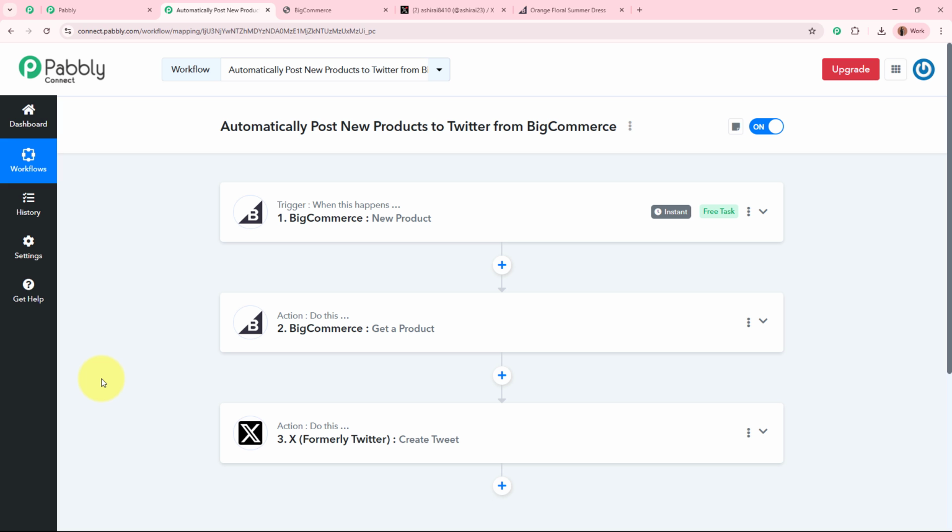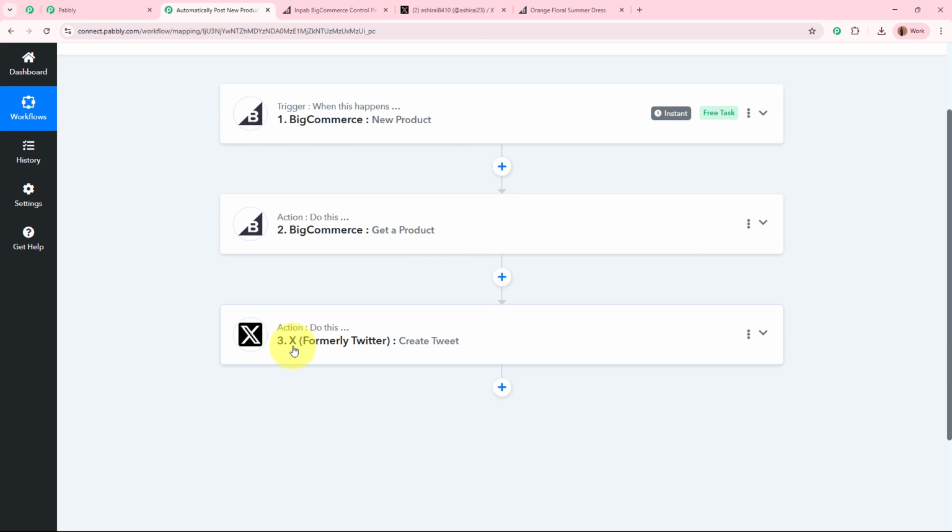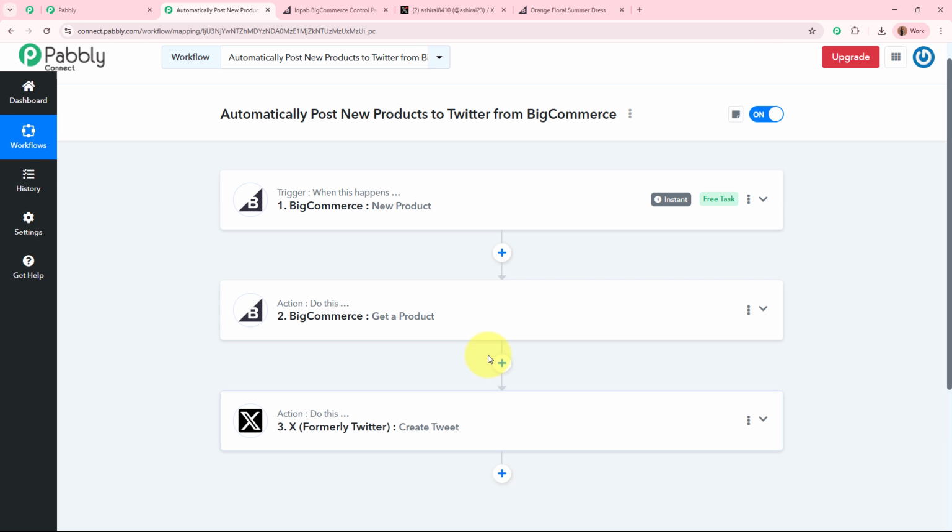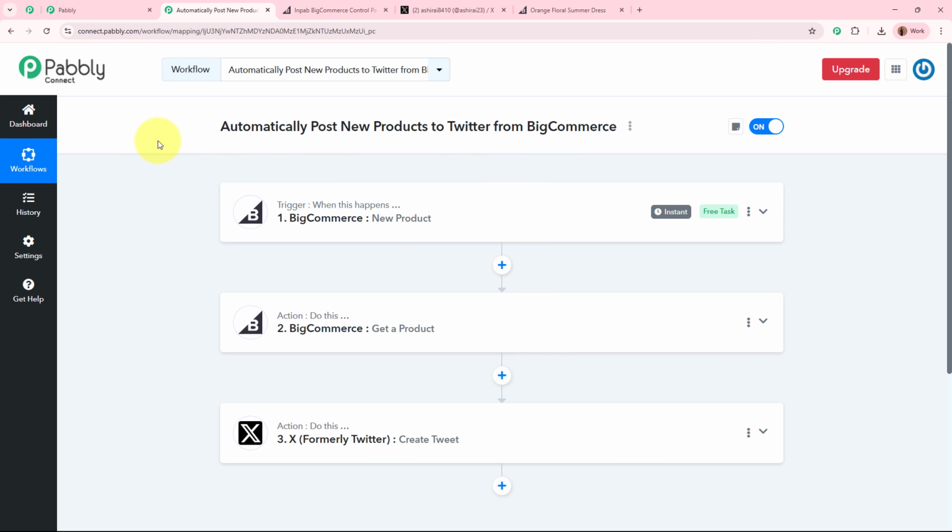So now to sum up what we have done, as soon as I create a new product in my BigCommerce store, the trigger BigCommerce new product is going to capture the response of that. Then we will receive the product details using BigCommerce get a product. As we will have the product details, automatically a tweet regarding the announcement of the newly launched product is going to be created using X, formerly Twitter, create tweet. And in this manner, I've built a connection between these two applications without need of any coding and programming skills